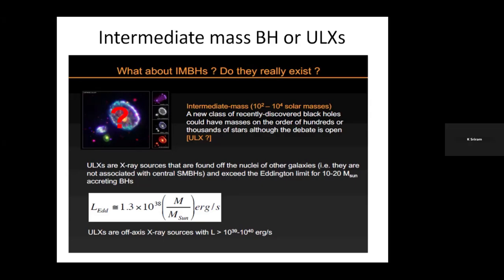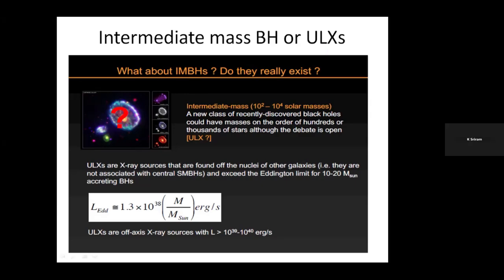As I told you previously, there are other methods to calculate the mass of black holes. I have written a very small formula: luminosity L is 10 power 38 times M by n square. What we do is try to measure the luminosity from the spectrum. We take a spectrum, we measure the luminosity, and if you know the luminosity, naturally you can calculate the mass. This is a very straightforward calculation.